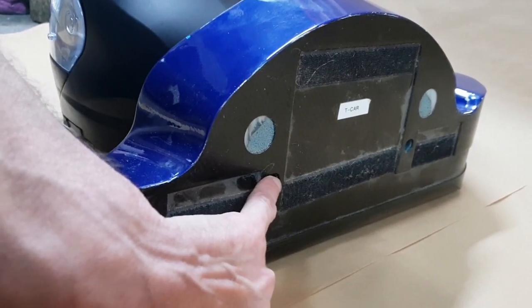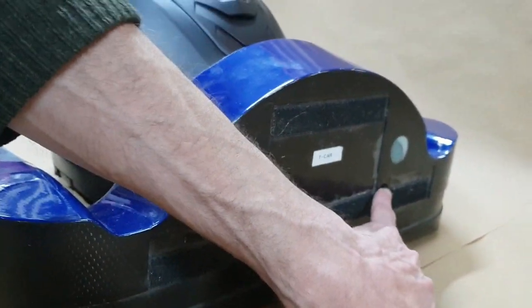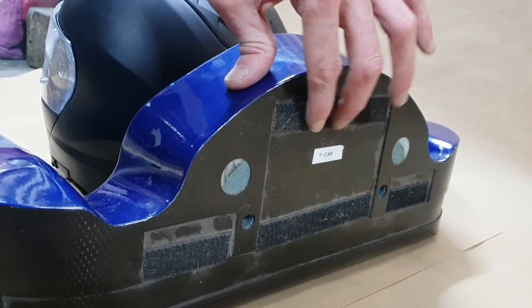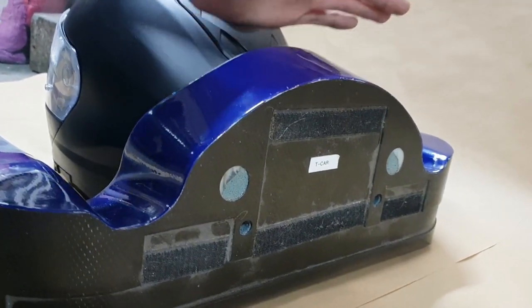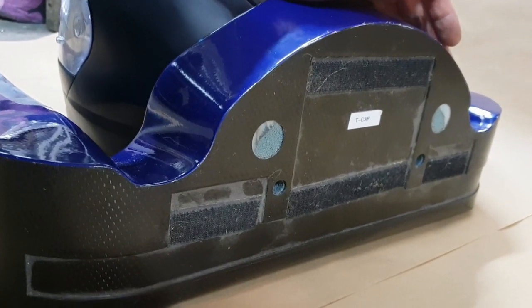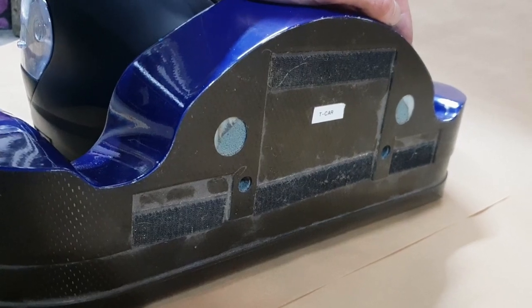It locates into two dowel pin holes here and here, which will be on the monocoque, and there's also Velcro as well, just to give it an extra cozy fit, just to stop it fretting or rattling, or whatever you want to say. On the front,